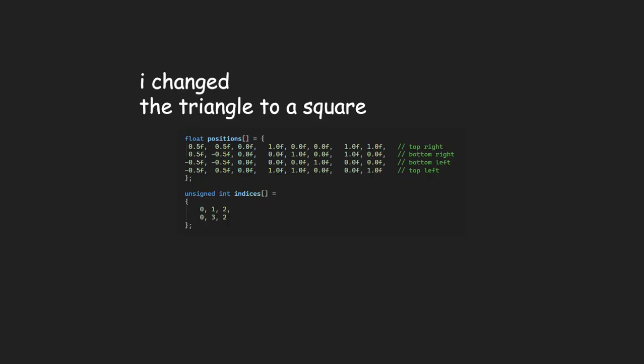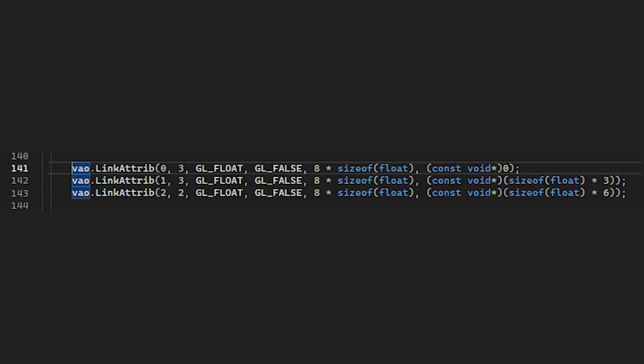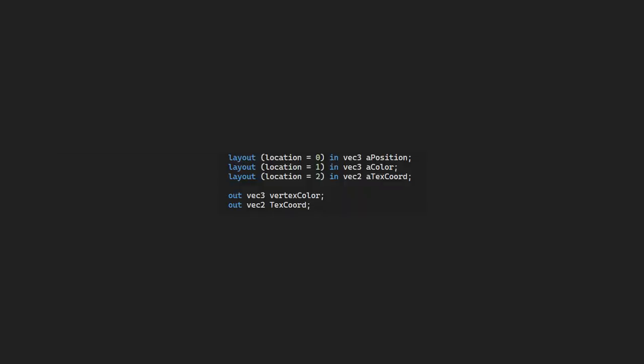Next, to see the texture, we need to put the texture coordinates in our vertex buffer object. Remember that it's in a range of 0, 0 to 1, 1. And then we need to adjust the vertex attribute pointer and create one more for the texture. Then in the vertex shader, we can take in the index and access the texture coordinate and pass it into